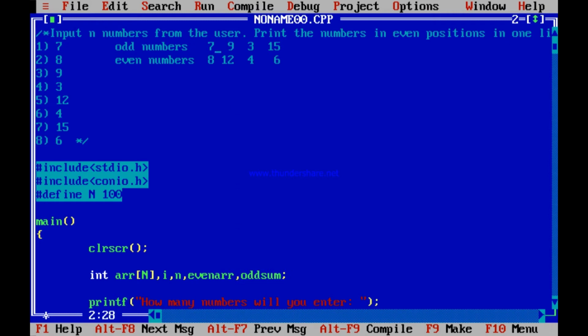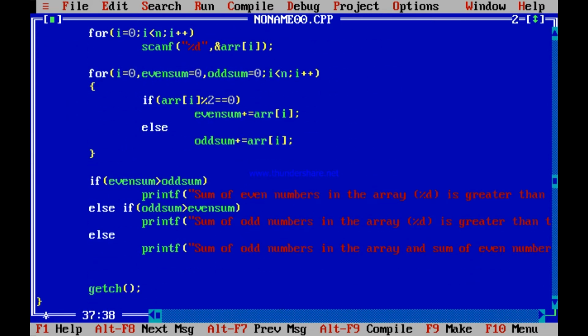I will have all the odd numbers in the odd array, and all the even numbers in the even array. And after I have the even array and the odd array, I will print them separately. So over here I will have 2 more arrays, even array and odd array, so that I can print them separately. Because if I print while I am going through the loop, it will print in the same line. I cannot have a separate line for the odd array and the even array.